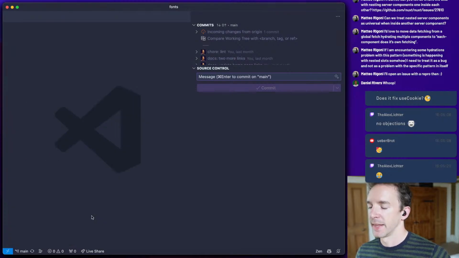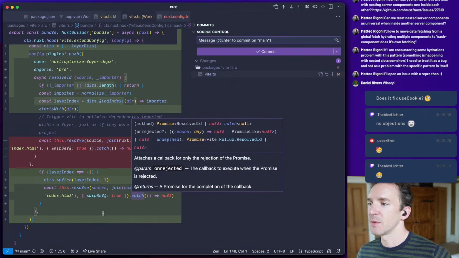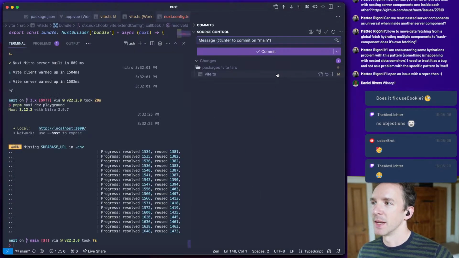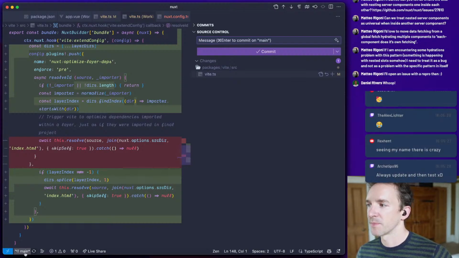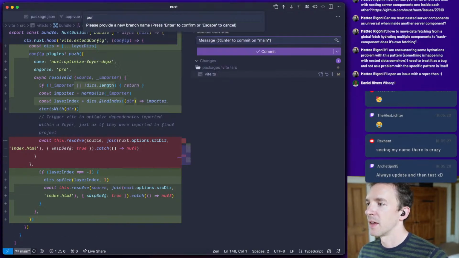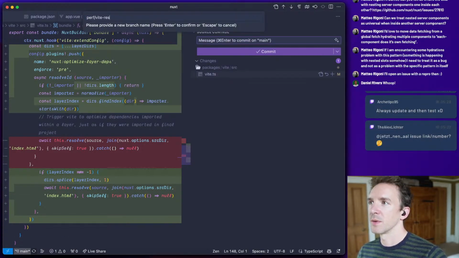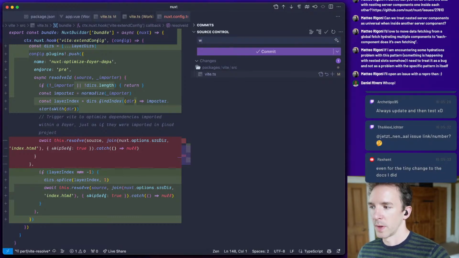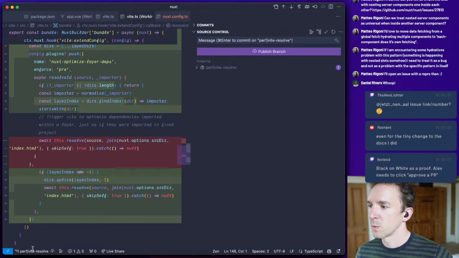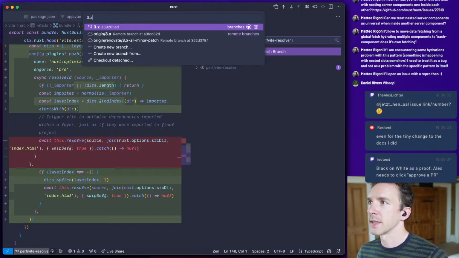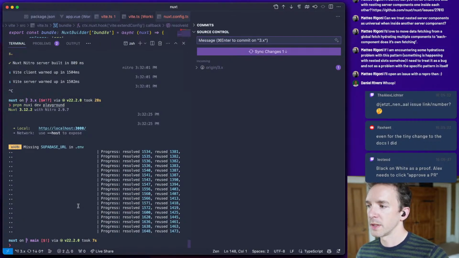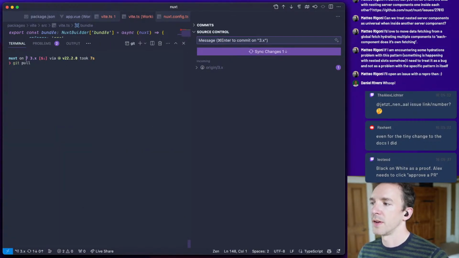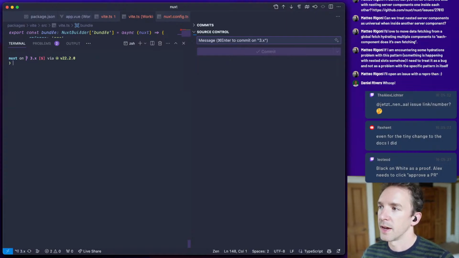Okay, let's release it. The release is a little bit simpler than before. We're going to say perf vite resolve whip. Let's go to 3.x. I used to build it locally, but now I have a nice CI job that does it for me in GitHub Actions.